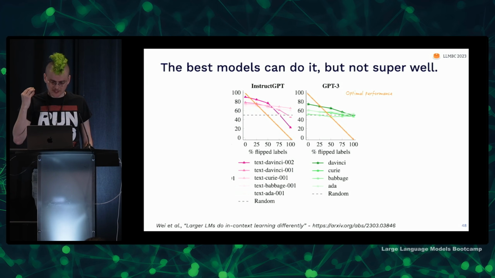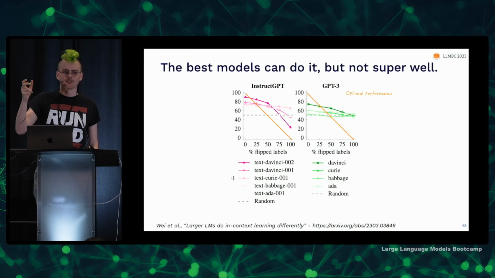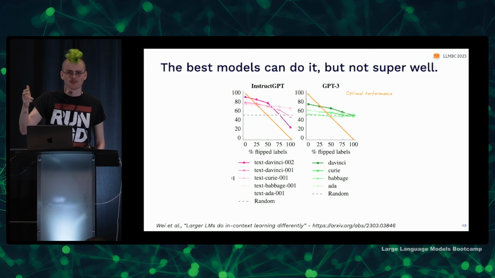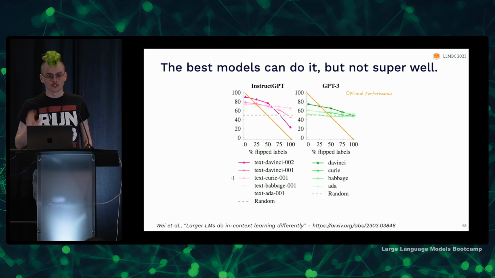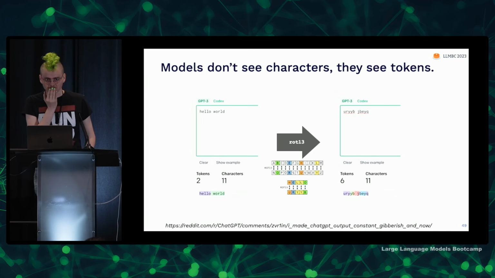So this is like one bit. We're just shuffling the labels, and it learns that by positive I mean negative, and by negative I mean positive. And you need lots of examples and a really capable language model to do it. So treating the prompt as a way to do this kind of few-shot learning is probably a bad idea.